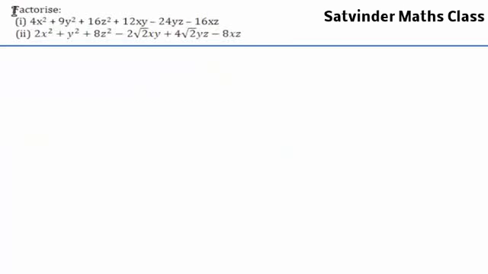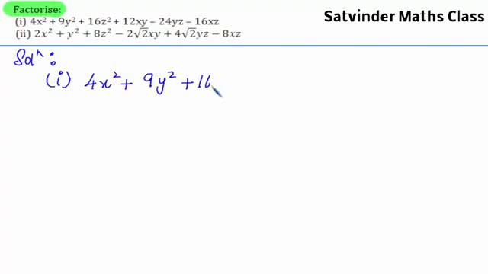This problem says factorize the following expressions. Let us begin with the solution. In the first part of the problem, we have 4x squared plus 9y squared plus 16z squared plus 12xy minus 24yz minus 16xz. This expression can be written as